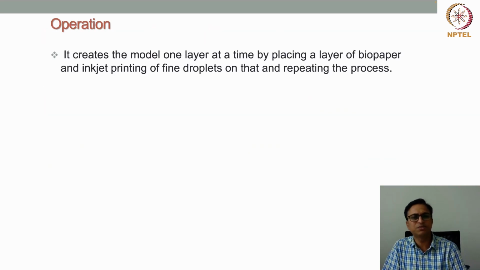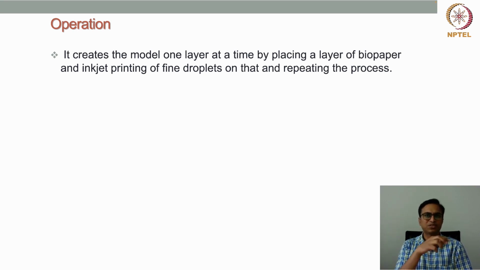If you look at the operation of this technology, it creates the model one layer at a time by placing a biopaper and putting droplets on top of it, then putting another biopaper on top of this. Because in this case we use droplets, with droplets alone we cannot create a 3D structure. That's why a support layer called biopaper is used to develop the 3D structure. One layer of biopaper is put on the printing stage, then the droplets are placed on top of that. So the droplets are patterned, and then